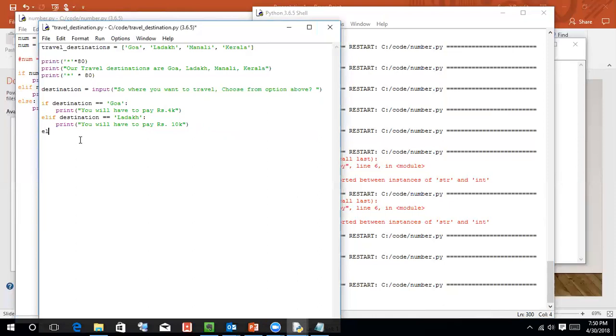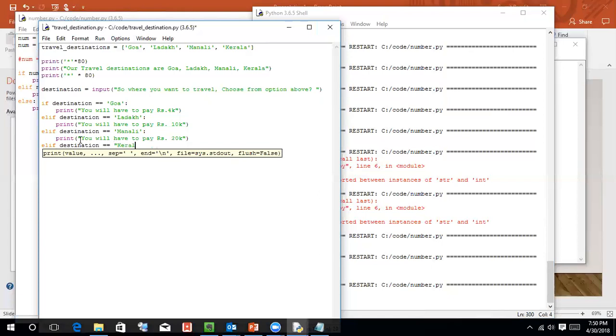And thanks Bhargav. And if destination equals to Manali, else if destination equals to Kerala,